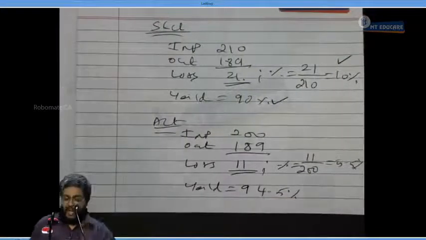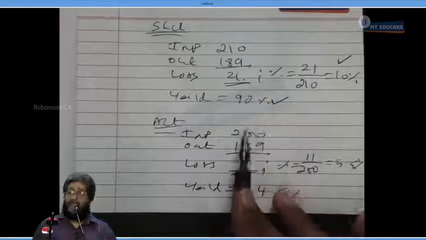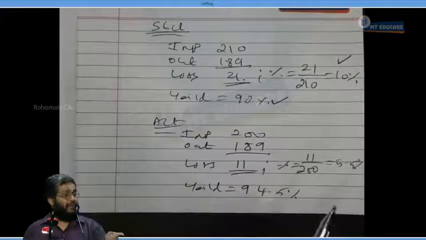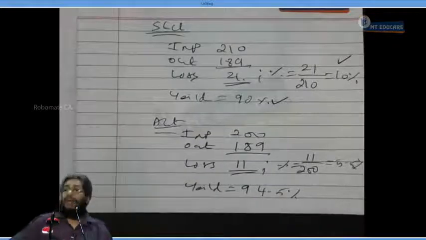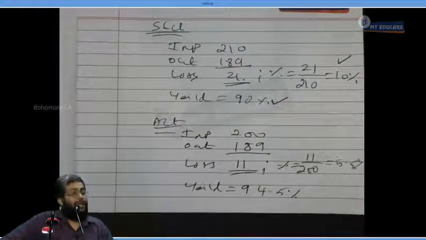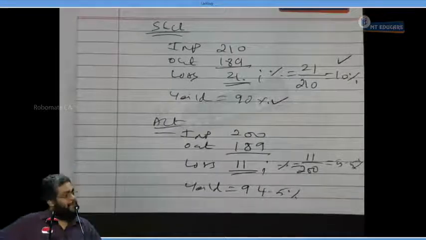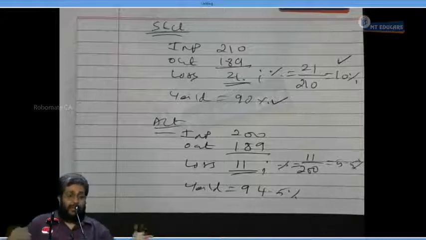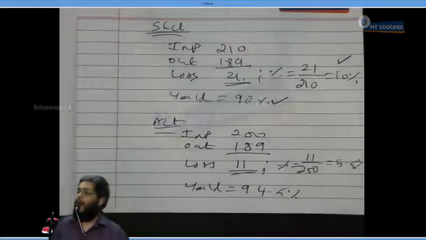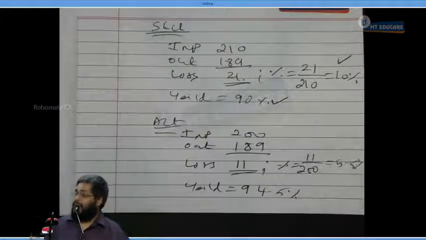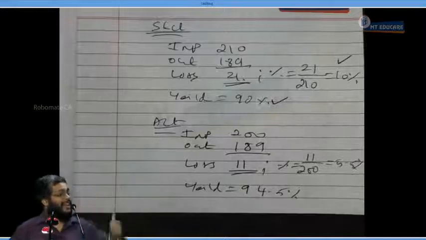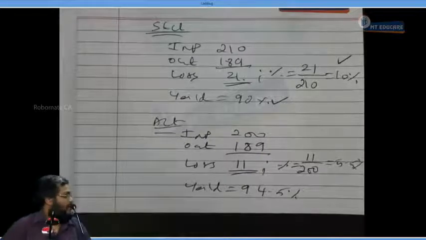I wanted to have a yield of 90%, but the yield became 94.5%. That's a favorable yield or not? I expected to lose 10% during processing. I lost only 5.5%. It may be due to good maintenance of machines or the workers working more carefully and so on. They have tried to avoid loss, or reduce loss, due to which my yield has improved. Let's call this yield variance. Everybody understood or not?